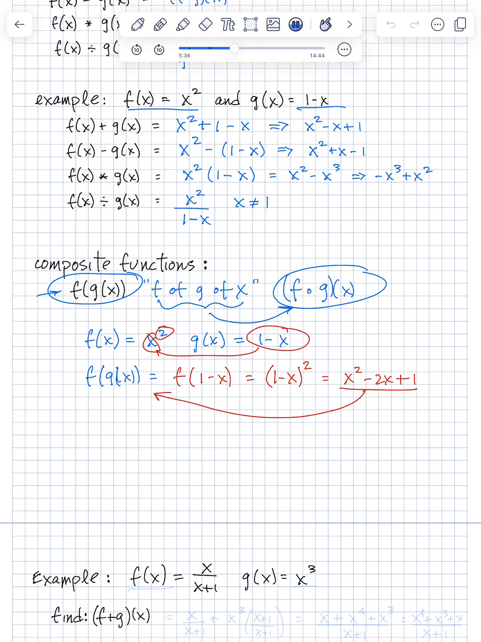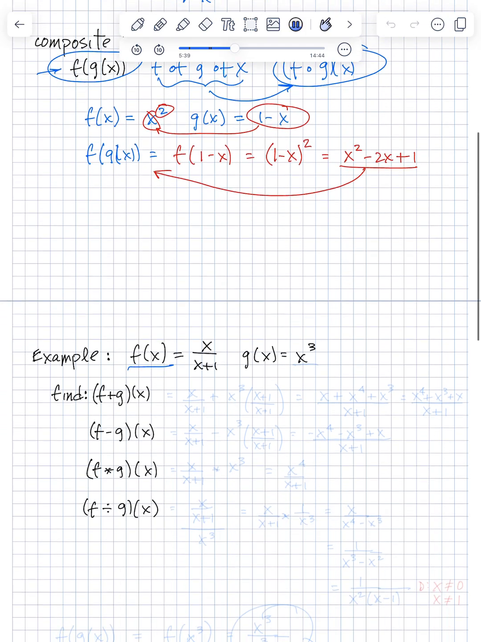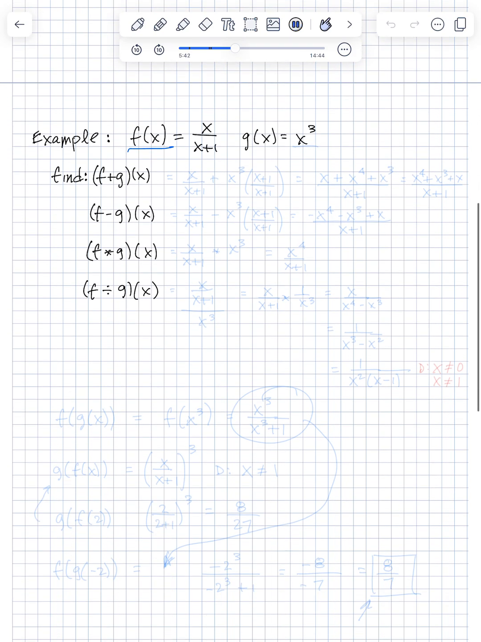Okay, here's an example. We have f of x is equal to x over x plus 1. G of x is equal to x cubed, and we want to find f plus g of x. So that's going to be equal to x divided by x plus 1 plus x cubed. Well, we know we can't leave it like that because that's not the simplest form. We have to put it over one fraction. So we're going to multiply top and bottom by x plus 1